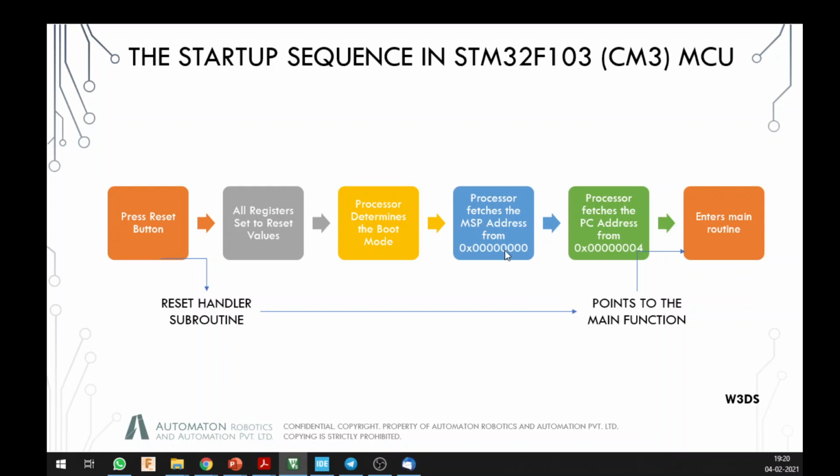So the main stack pointer address is basically going to give you the address of the initialization setups, and then it is going to pull the address of the main function, showing where that main function is residing on your memory. It is going to pull it from there, and it is then going to fetch your main routine.